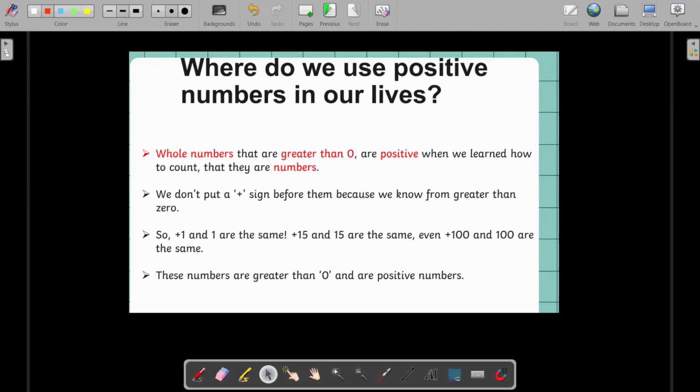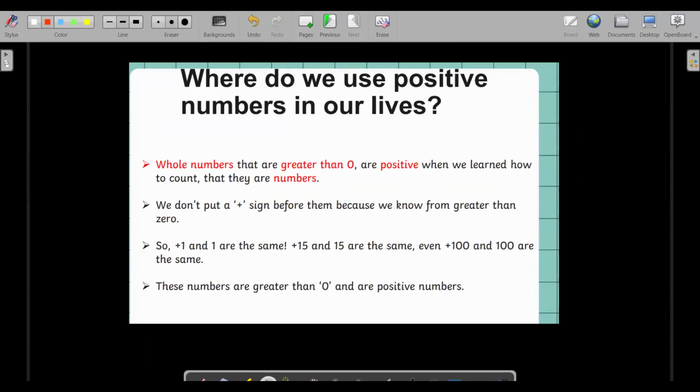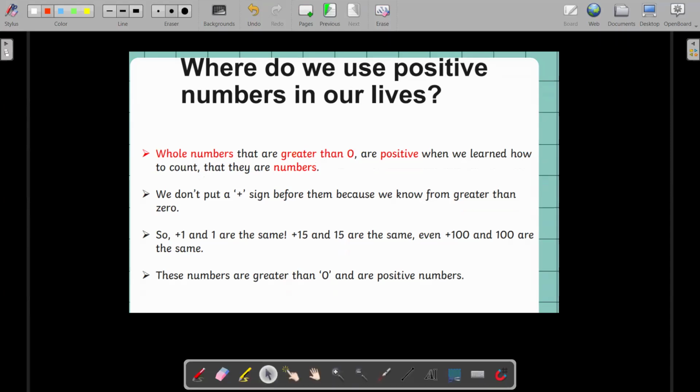Good. Our next example, students, could be temperature, right? You have positive temperatures and negative temperatures. So, if we are in the tropical climate, like here in Trinidad, the temperature is 32 degrees outside, right? But if you're going to cold places around winter time, it could be below 0 degrees Celsius, right? It might be -2 degrees Celsius at cool temperatures, right? So, negative numbers are used to tell temperature as well,